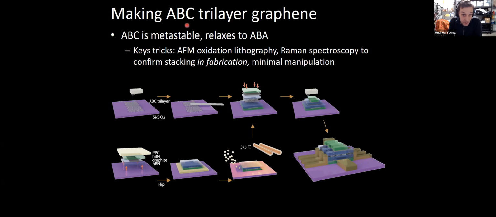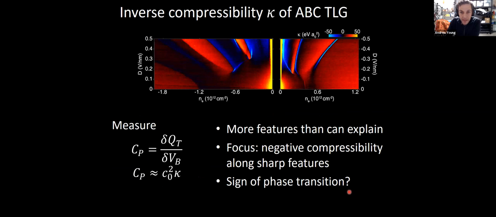But it's possible to do, and it has this great advantage that ABC is metastable. It's not unstable. So what tends to happen is that either ABC survives to the end of your fabrication process, or it converts into an ABA structure, in which case the device is not useful. So you get one or the other, but what you don't get is microscopic mixtures of the two. You might get a domain or two, but mostly it stays the same. So this is what data look like.